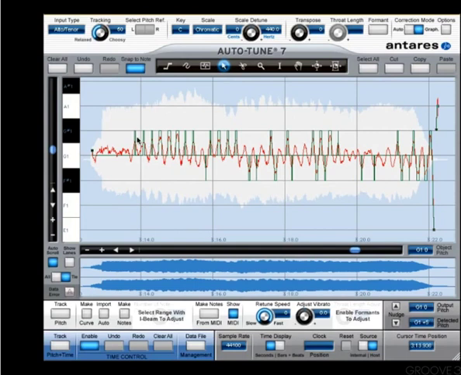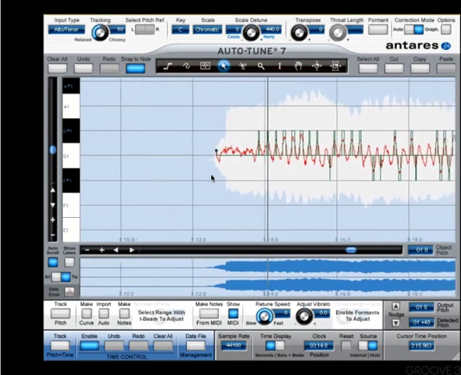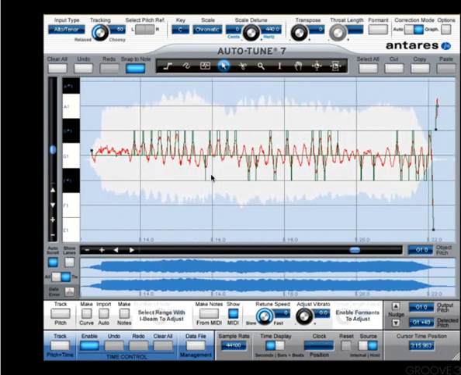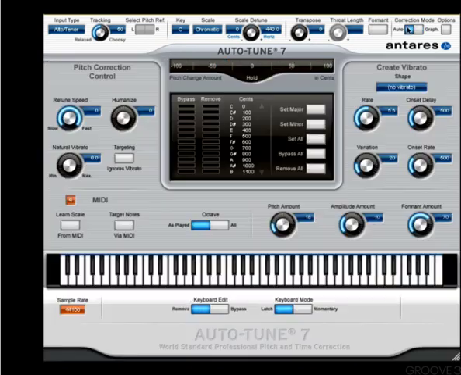Now this green line here refers to the output. So we can see at this point he's pushing it up there, down here he takes a few down notes, and we can play it and hear the evidence for ourselves. Okay, not pretty. If we go back to auto now and put targeting ignores vibrato on, now we switch back